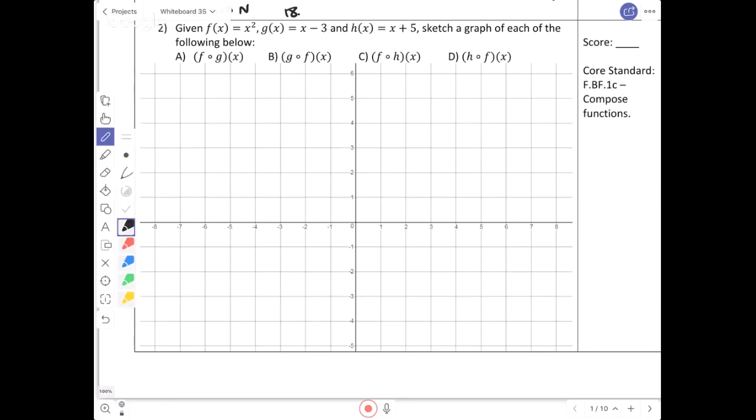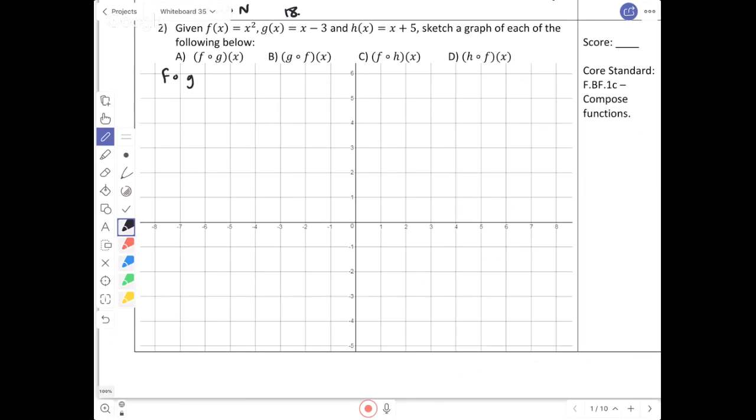Given that there's a function f of x equal to x squared, and a function g of x equal to x minus 3, and a function h of x equal to x plus 5, sketch a graph of each of the following below. F composed with g of x, g composed with f of x, f composed with h of x, and h composed with f of x. So f composed with g